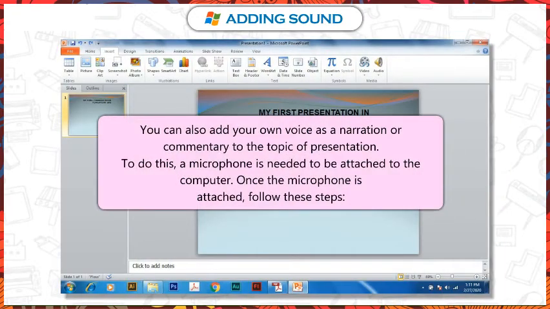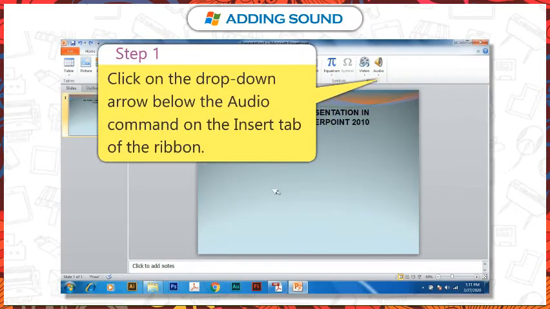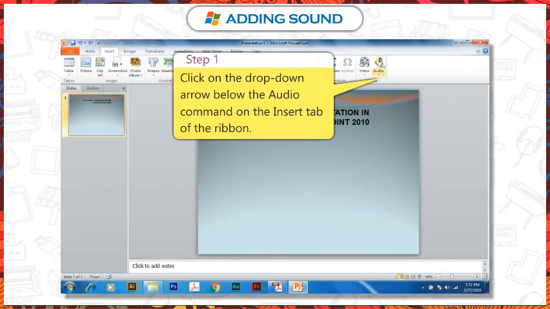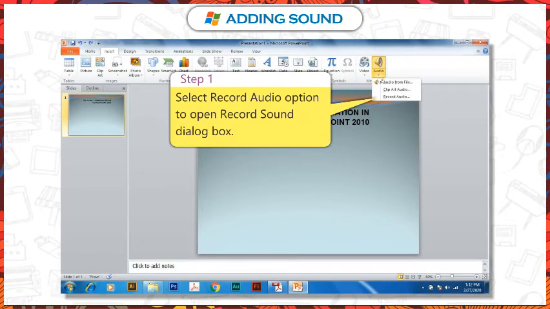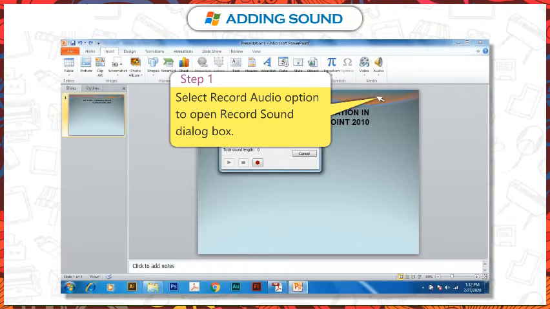You can also add your own voice as a narration or commentary to the topic of the presentation. To do this, a microphone needs to be attached to the computer. Once the microphone is attached, follow these steps. Step 1. Click on the drop-down arrow below the Audio command on the Insert tab of the ribbon. Step 2. Select Record Audio option to open Record Sound dialog box.